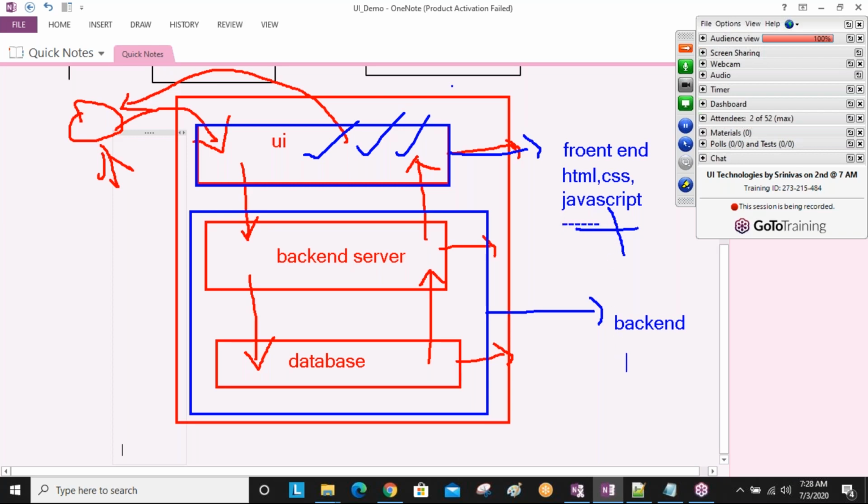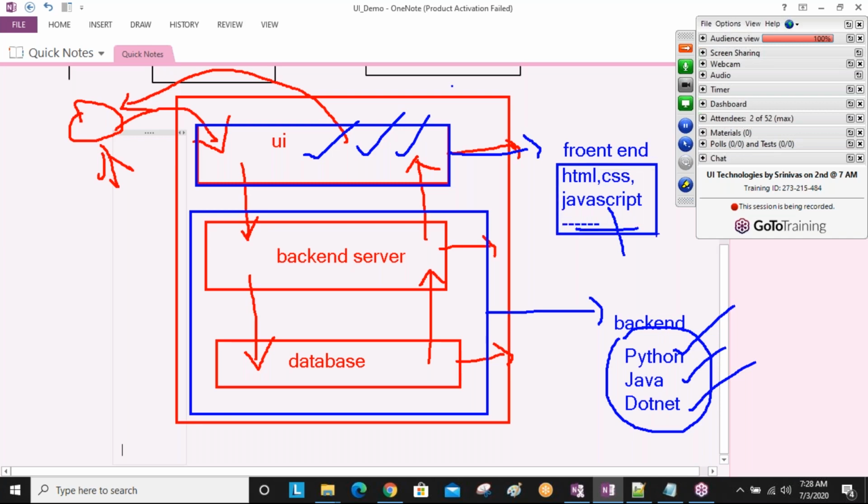If you are a backend developer, then knowledge of any one language is enough, maybe Python, maybe Java, maybe .NET. Any one, sir. Different things, sir. So not all things are required. Even if you know all things very well, at least one thing you should learn if you want to become a full stack developer. Now, myself, I want to become only a presentation side developer, meaning UI technology courses: HTML, CSS, JavaScript, Bootstrap, jQuery, different things. Are you understanding, guys?